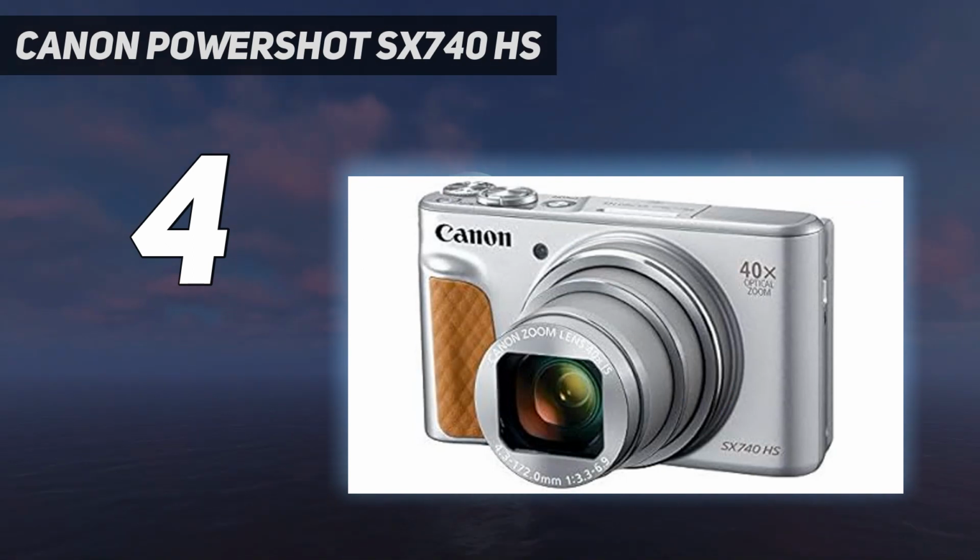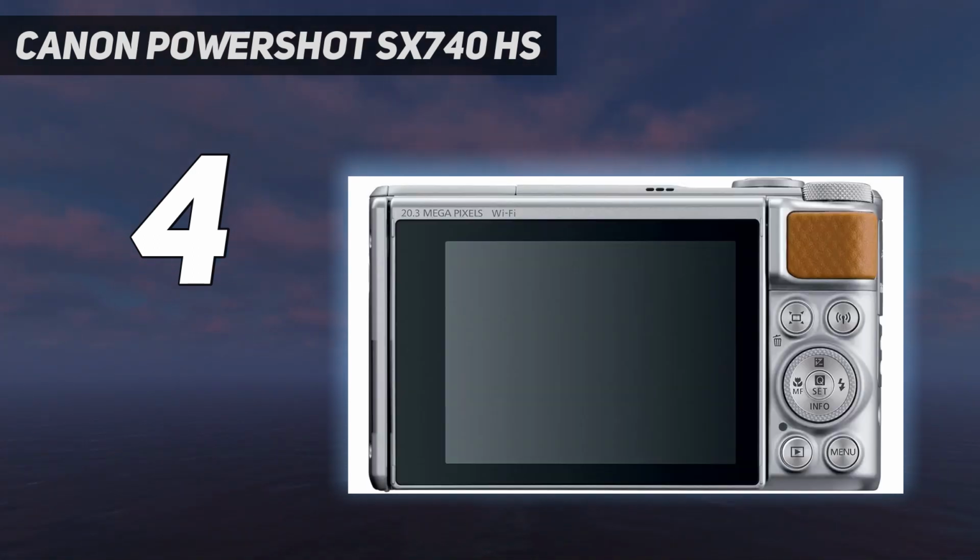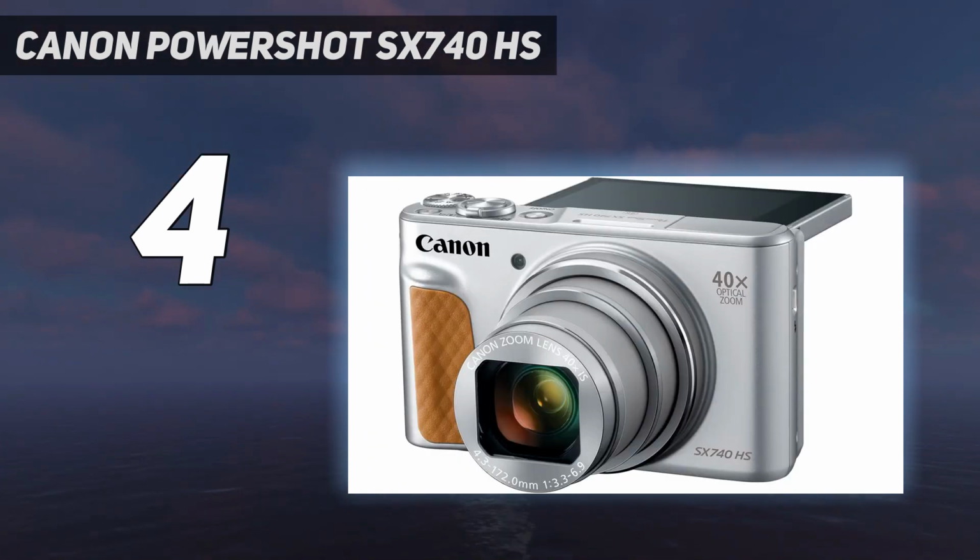It has a 20.3 MP 1/2.3 inch sensor and an LCD screen, which can be flipped to face the front, making it perfect for selfies. It has a maximum continuous burst shooting rate of 10 frames per second, and it can also film video in